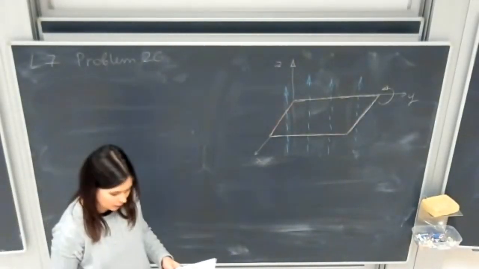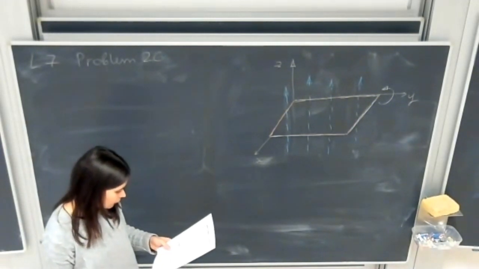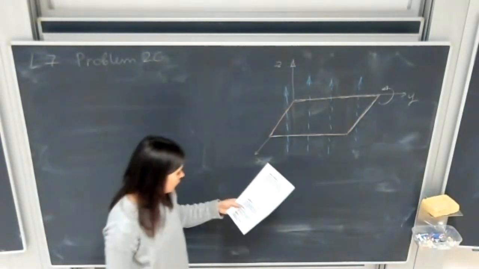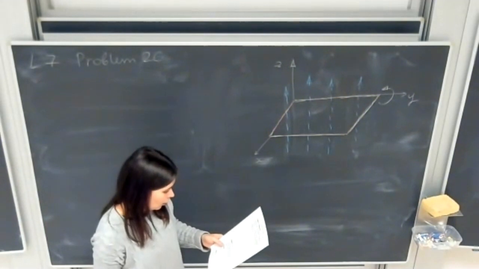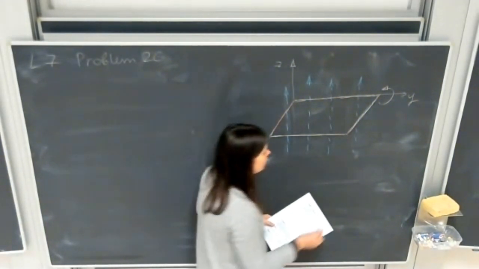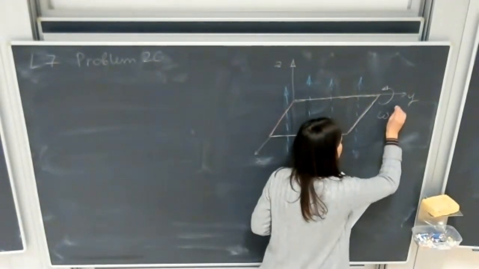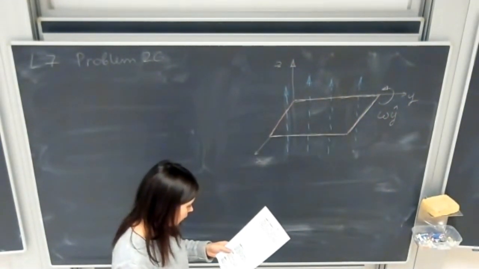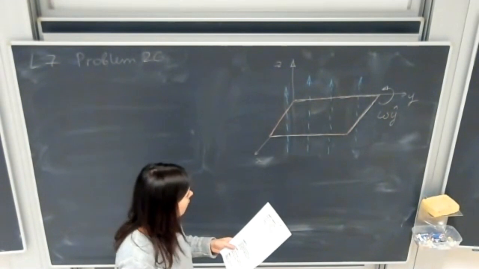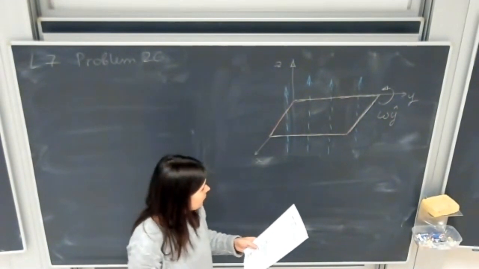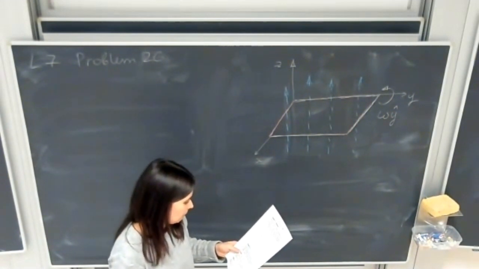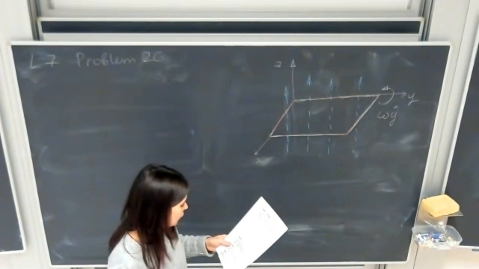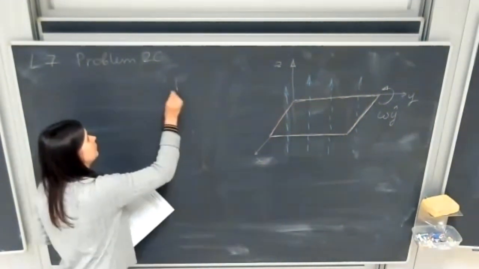So in this problem, there is a rotating circuit. It rotates with a constant frequency along that axis. And it needs to find the induced current